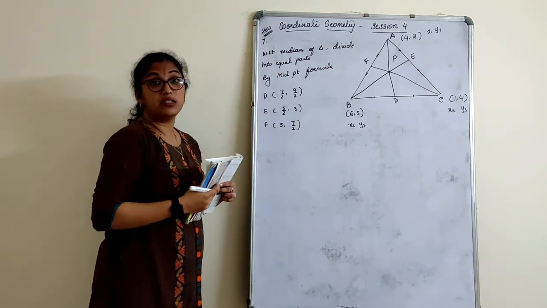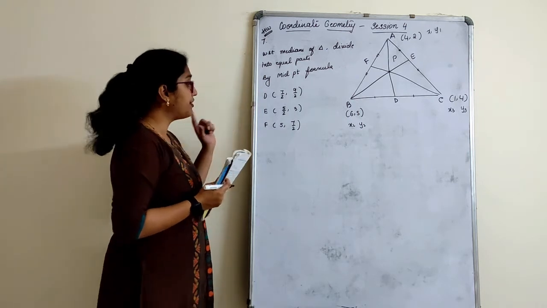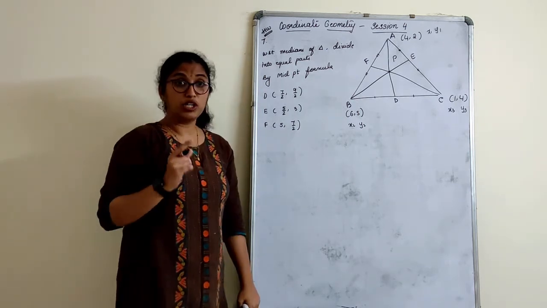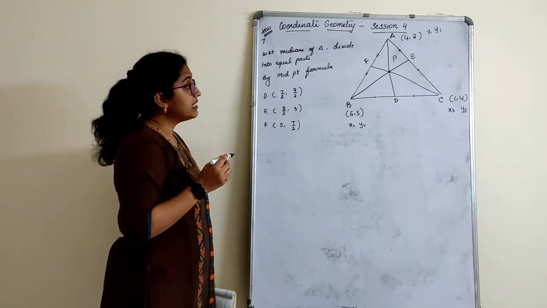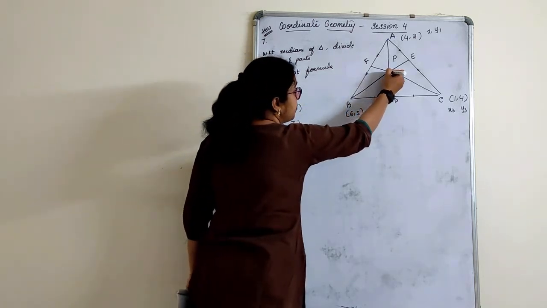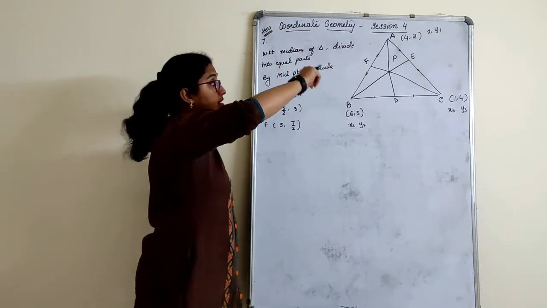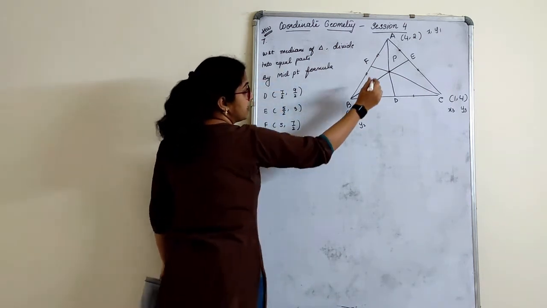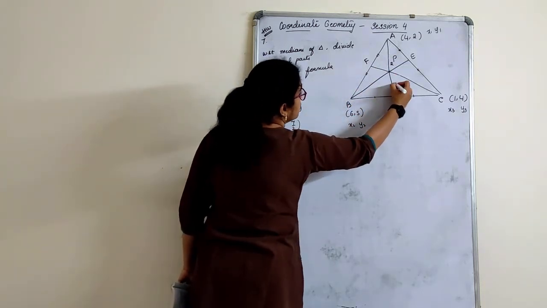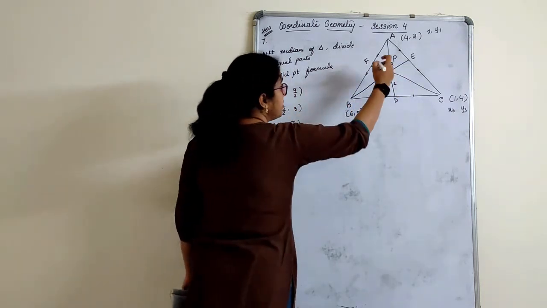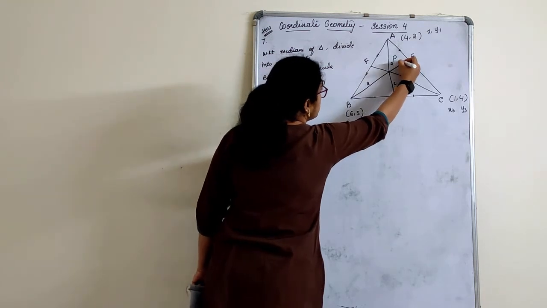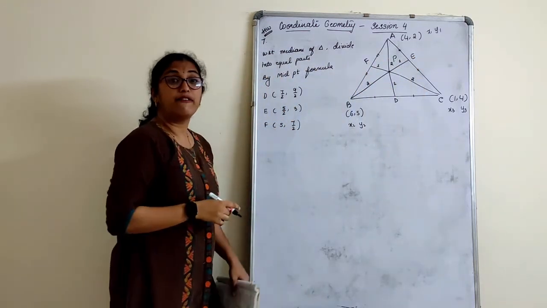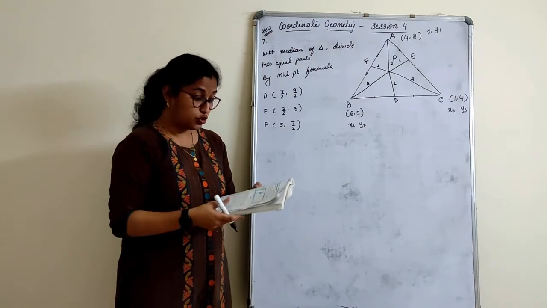I have given you the answers ready-made here. We found the coordinates of D, E and F respectively. Now children, one more thing you should know here. The point P, where all three medians of a triangle meet, divides each median always in the ratio 2:1. It has already been given here, but otherwise even we should know.